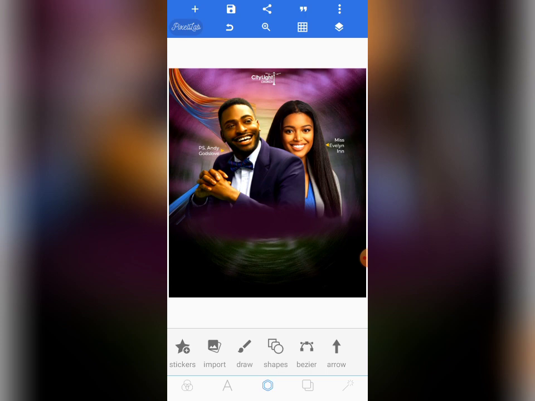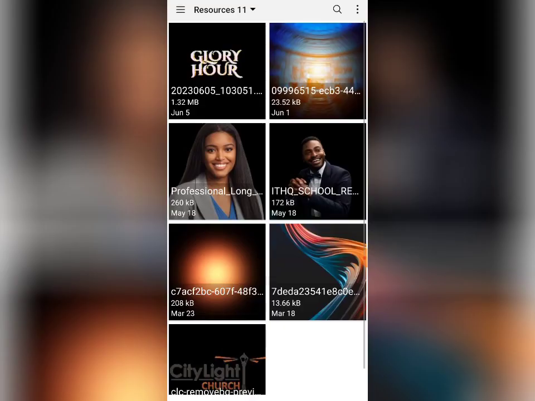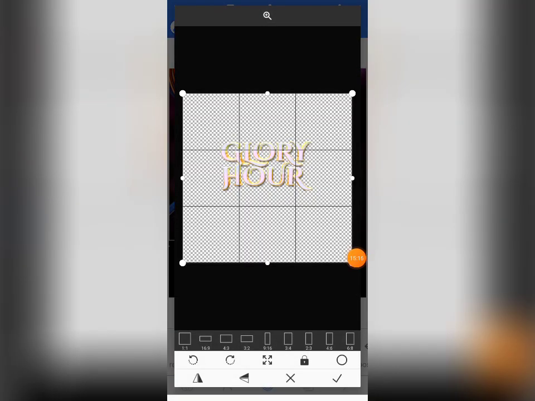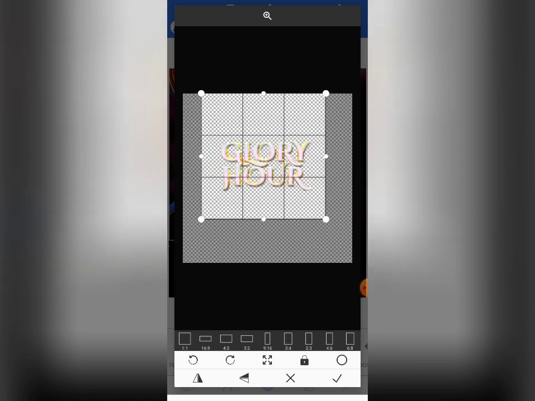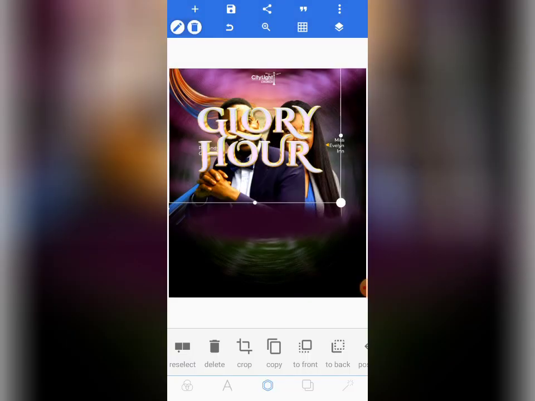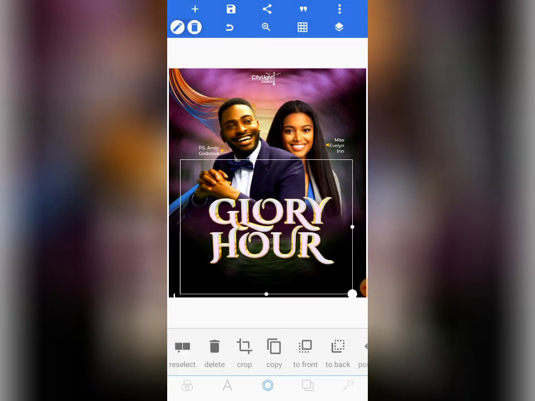So I will go straight to my import and then import that text effect. I'll give it to you guys in the description so that you can also use it in your practice, right? Let me crop it like this, right? So I have the text effect here, right? Very beautiful. So I just bring it here,